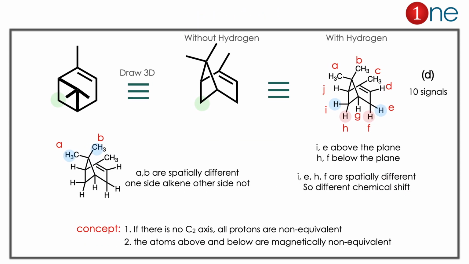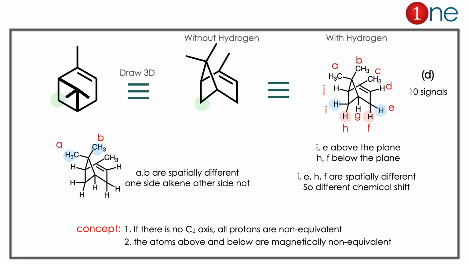Here let us redraw the structure very nicely. Here I have given the green carbon for your reference. We draw it like a bridged methyl group. Here the methyl group and the side ring will be 4-membered, the other ring will be 6-membered. So we draw it without hydrogen and with hydrogen: without hydrogen for your understanding, with hydrogen for spectral identification.